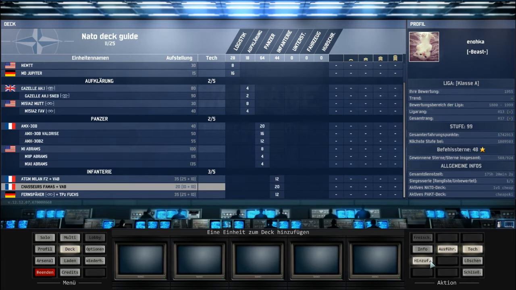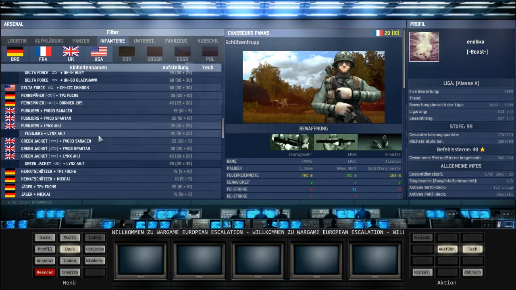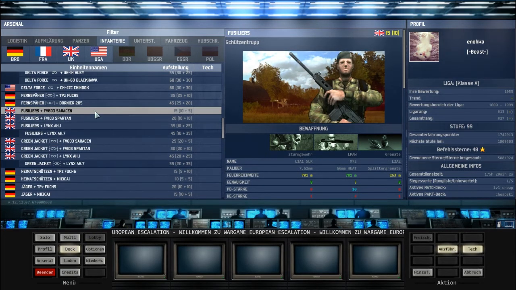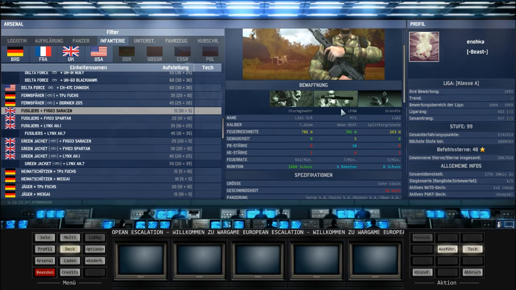On some maps where you need lots of infantry, like Rivers of Blood or Mecklenburg, I always get out of one of my infantry squads. I easily need 20 of them. So I need a second rifle infantry squad. My choice here is a little bit cheaper variant. It's the Fusiliers in the Saracen. They cost 15, are pretty good against infantry and tanks either, so for this price they are pretty cool, but